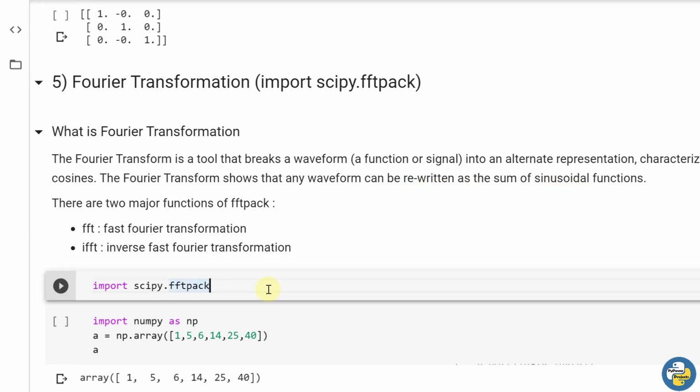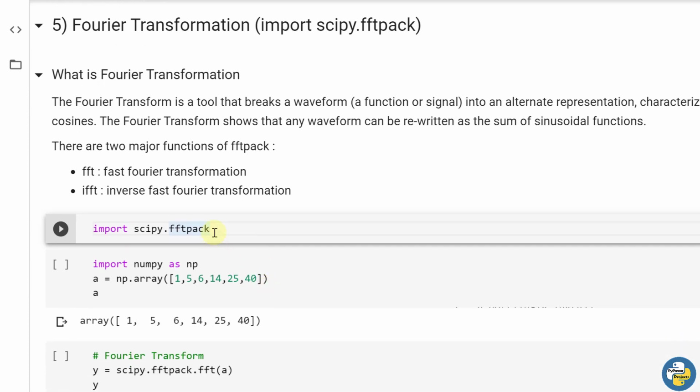So any signal can be written as a sum of sine waves and cosine waves that you can calculate using Fourier transformations. For that you have to import SciPy.fftpack. So FFT stands for fast Fourier transformations. So using this module of SciPy, you can calculate Fourier transformations.